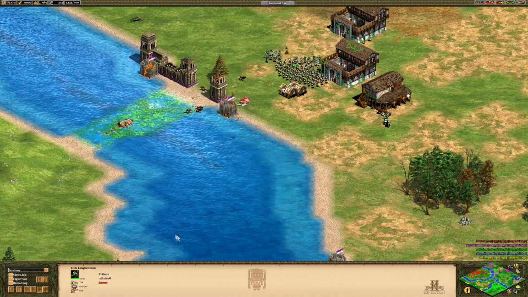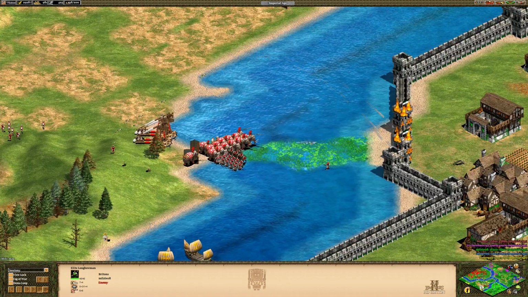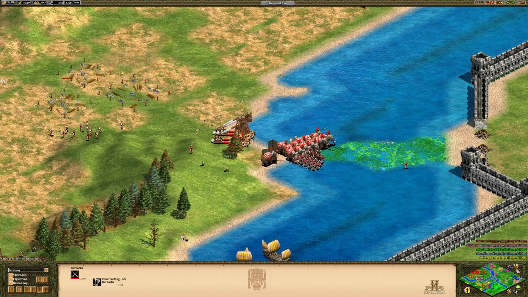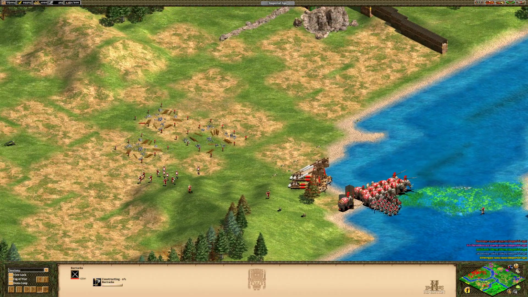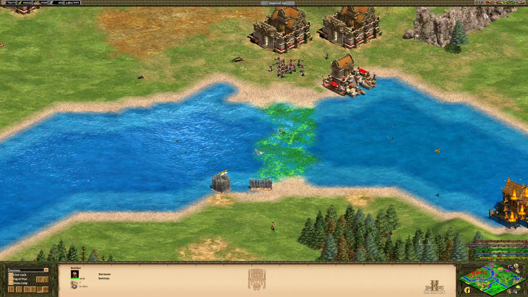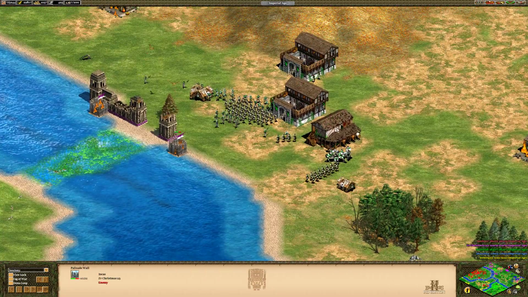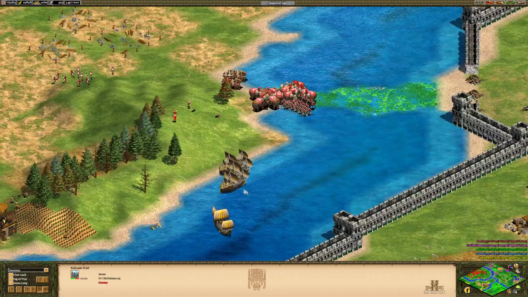All right, we have another push coming out on the top. We have another push coming through the bottom. We have a siege workshop, an archery range and a barracks. Definitely get those production up. And we do have a few buildings of...